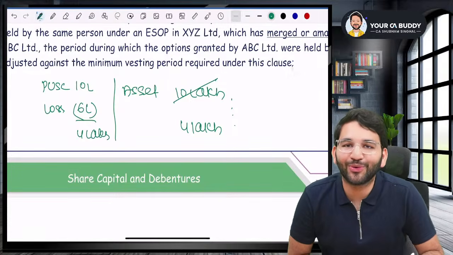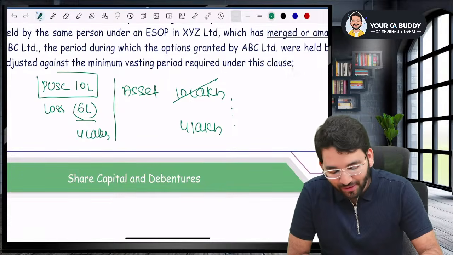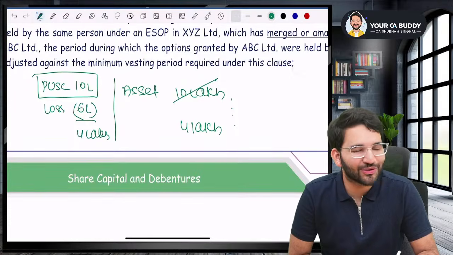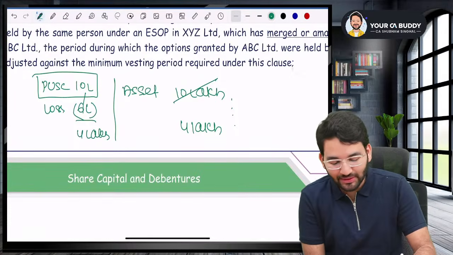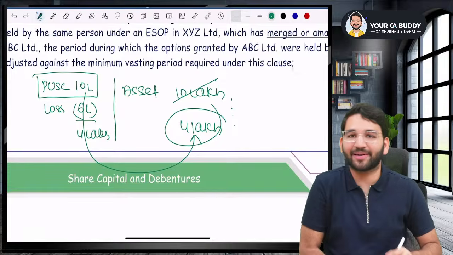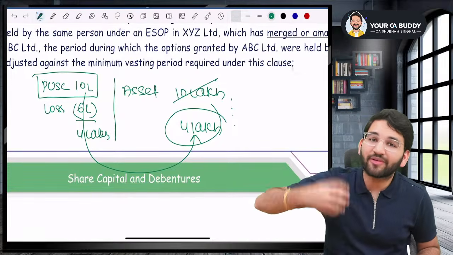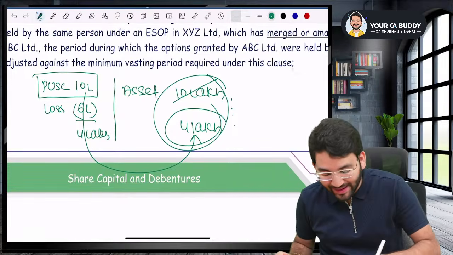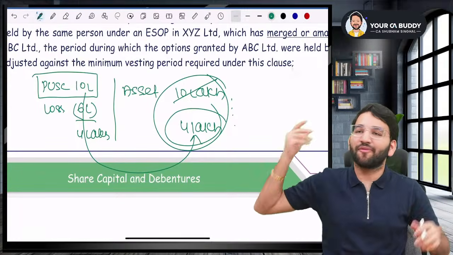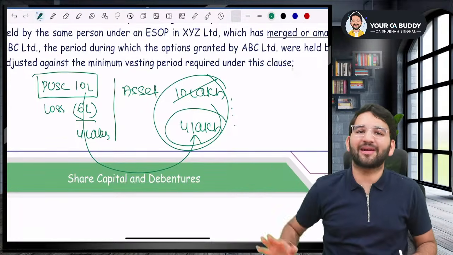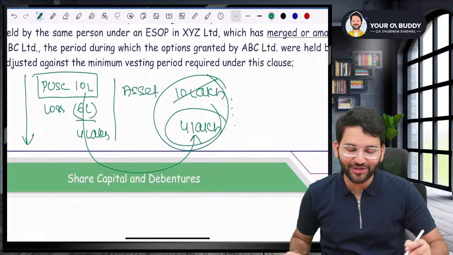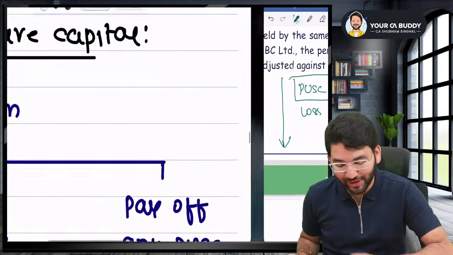We said, no, don't show paid up share capital of 10 lakh rupees. Your paid up share capital is not 10 lakh rupees because it is not represented by available asset. If you are saying that you have given 10 lakh rupees to the company, where is that 10 lakh rupees? You have lost it. So if it is lost or not represented by available asset, you will reduce your share capital.